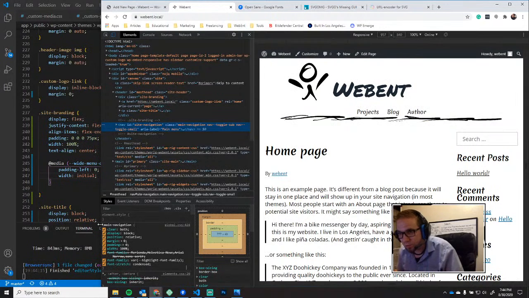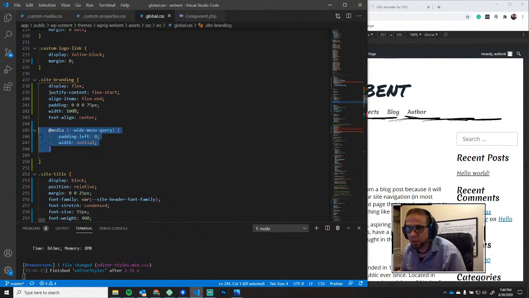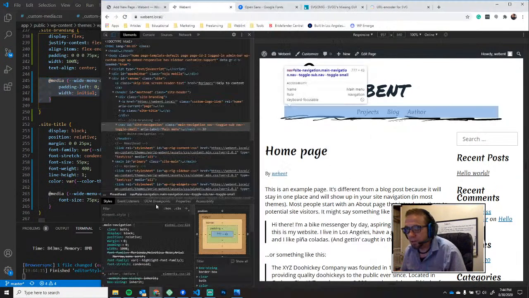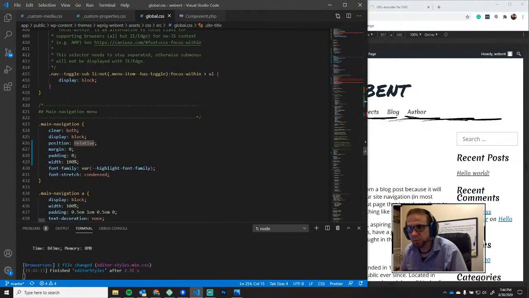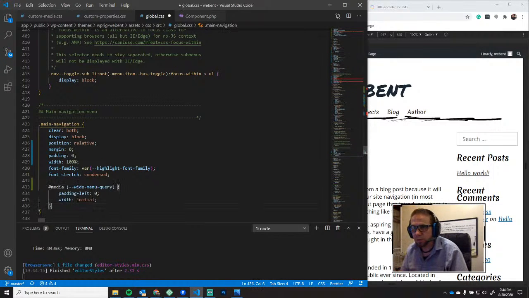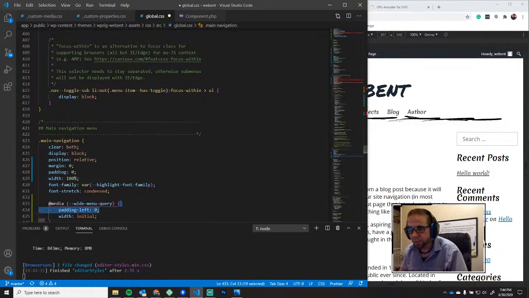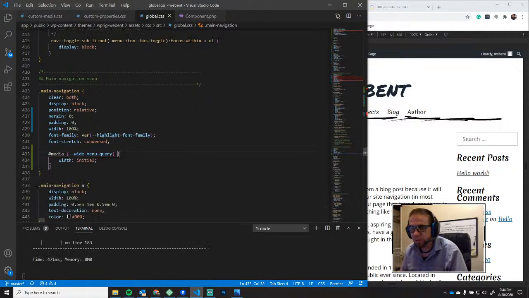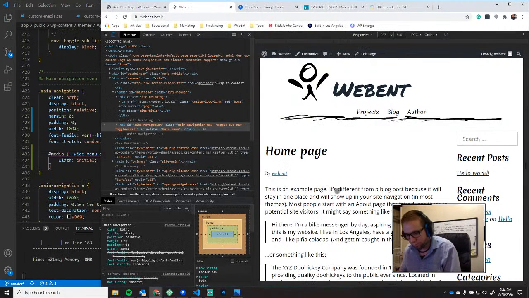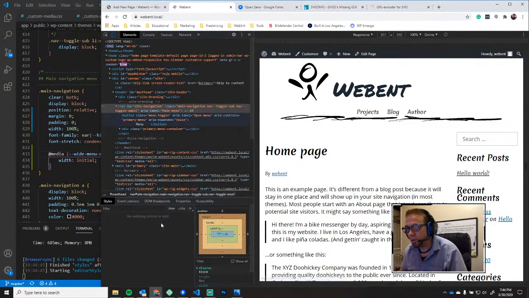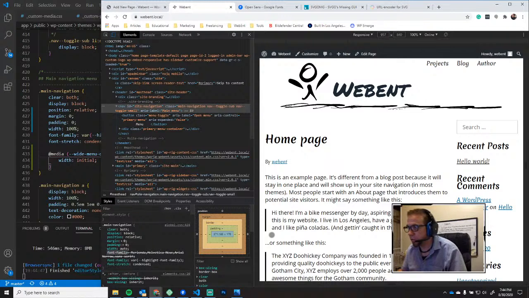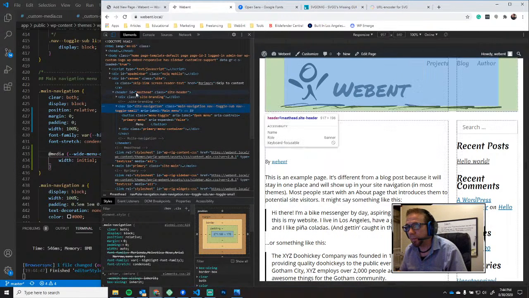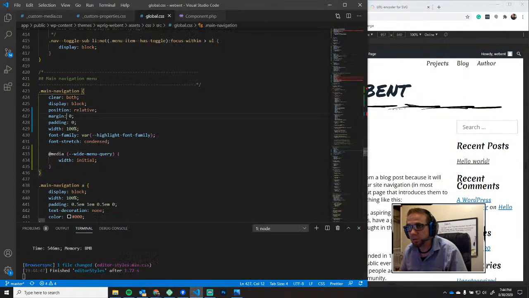Navigation also needs an update. And navigation is 424. Down to 424. Get rid of the padding because I think it's already got a padding of 0. Just give it that width of initial. Basically, if we change that here. Yeah, and we do want to